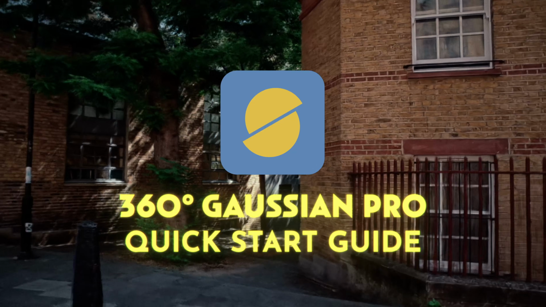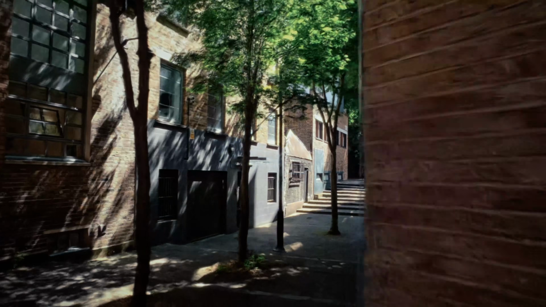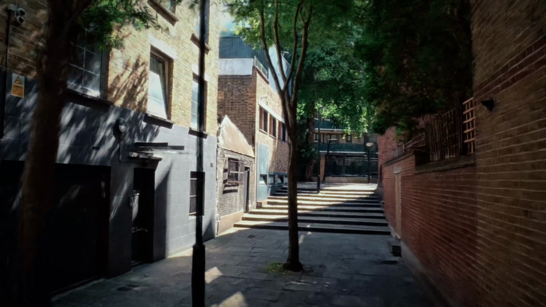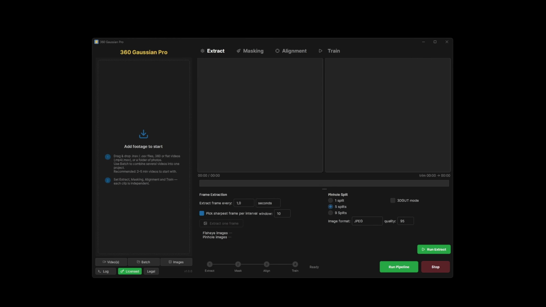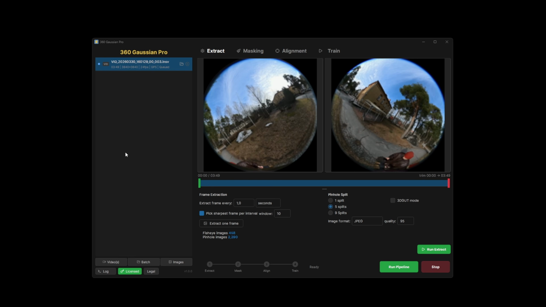This is a quick start guide to 360 Gaussian PRO. Install, load a clip, and run your first scan from start to finish. 360 Gaussian PRO takes raw fisheye footage directly,